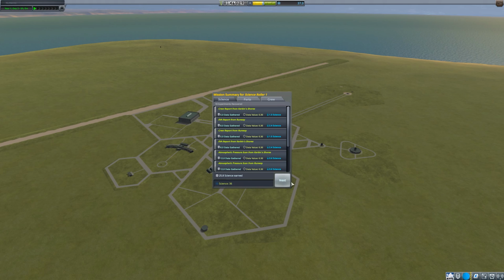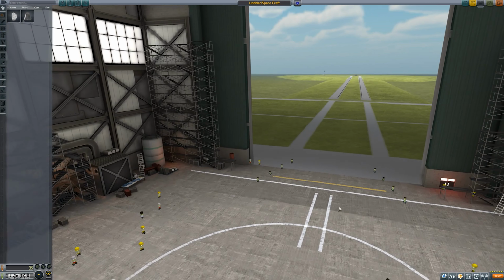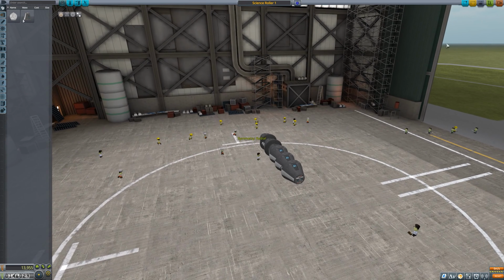So that should give us a good chunk of science, and we're going to do the science roller one more time, but we're going to do it from the regular rocket launch pad. Look at that, we're already up to 37 science. So we're going to open from the spaceplane hangar, Science Roller 1. And we're going to launch it. Now, off the side of the launch pad,